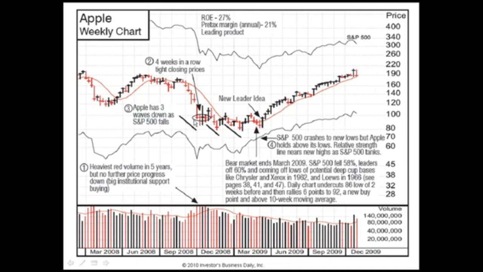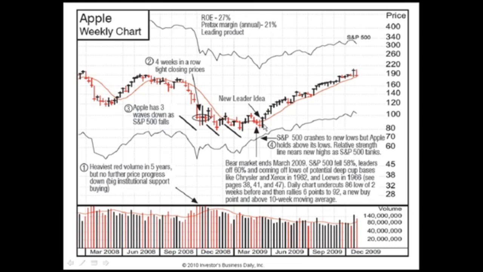So when you got the divergence there, and we had 3 waves down, and we found at the first point we had 4 different weeks holding up tight, and we had quite a few weeks in the December area. I guess that's right around the 90, 95 area that closed in somewhat the same area. And then we saw that 4 weeks down on the third week, some volume picking up and it not coming off as much, and then failing to break down like the rest of the market. It starts outperforming the market, and notice the relative strength line is beginning to move up and starting to make higher highs. So that is where we put that stock on.